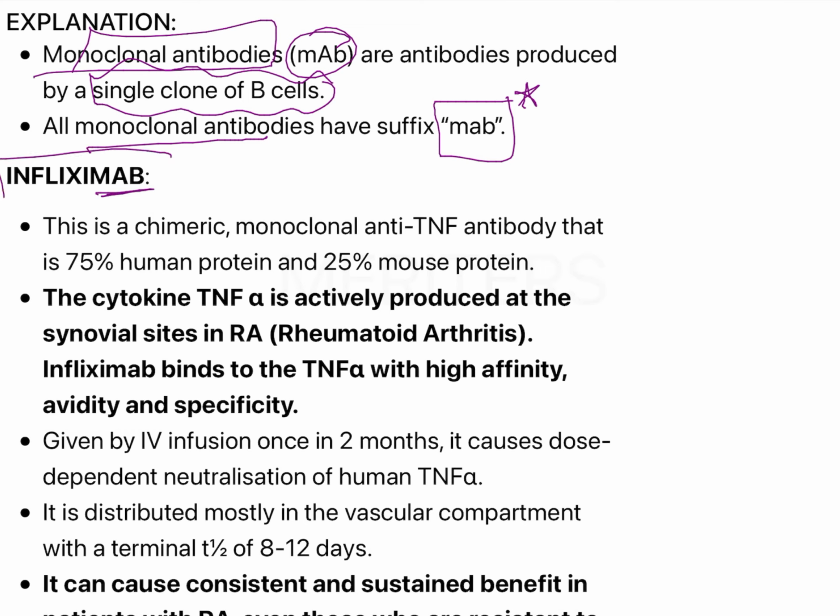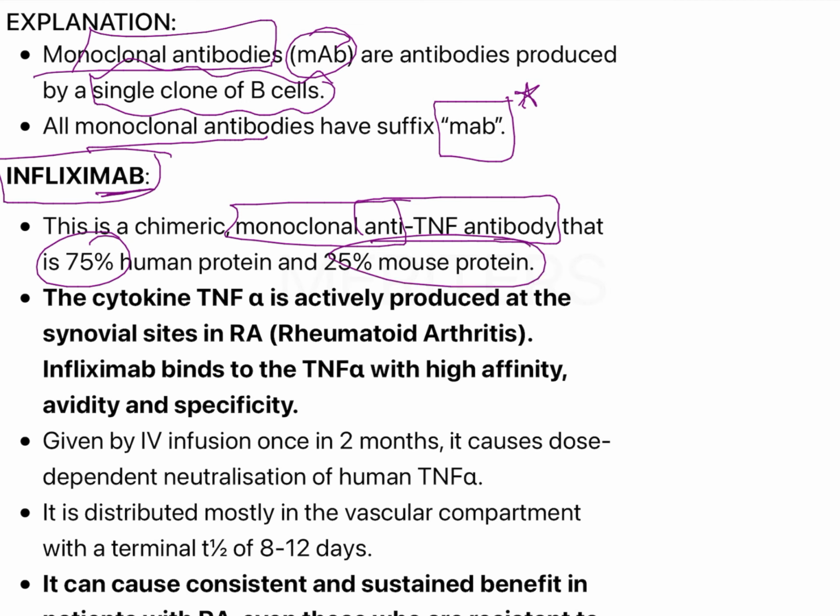Now, if we just talk about the infliximab, yes, this is a monoclonal antibody and it is an anti-TNF antibody, that is 75% human protein and 25% made up of mouse protein. So this TNF alpha is actively produced at the synovial joint, right? Wherever there is synovial site in the joint, you will be having this rheumatoid arthritis. So there will be more and more TNF alpha, right? And your infliximab is going to bind to the TNF alpha. That means your drug has very high affinity towards the TNF alpha, and that is how it is going to prevent the destruction in the joint